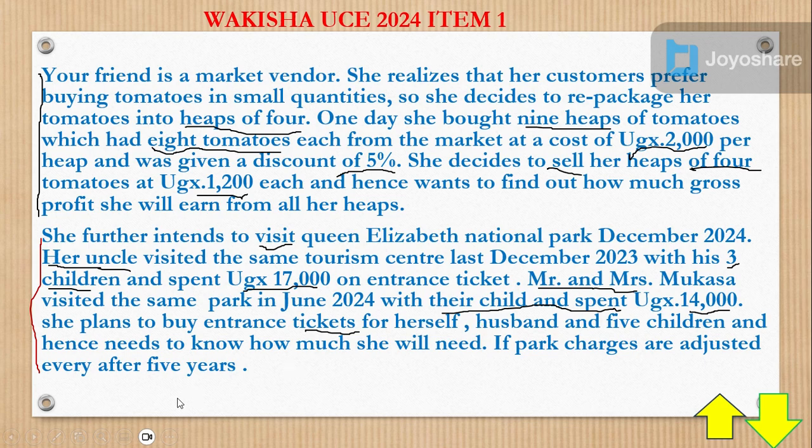If you can see here, the adults are 2. For herself and the husband, those are 2 adults. So with this, we shall multiply 2 times 5,000, which is paid for every adult. Then and 5 children, so we shall now say 5 children times how much does each child pay? That is 4,000, and that will give us